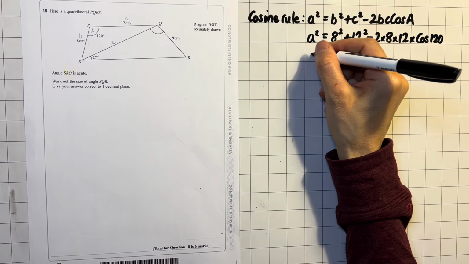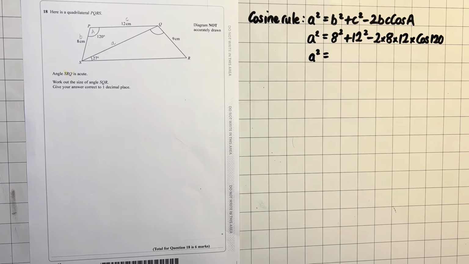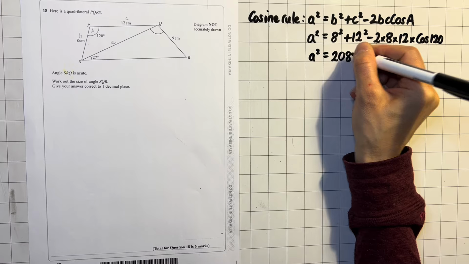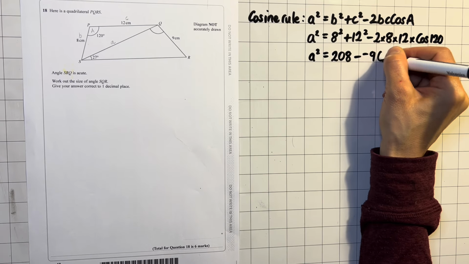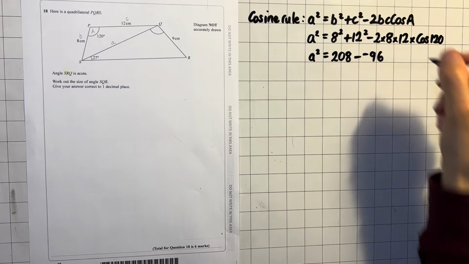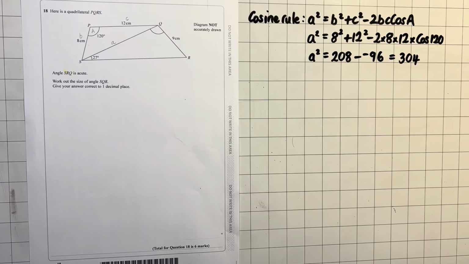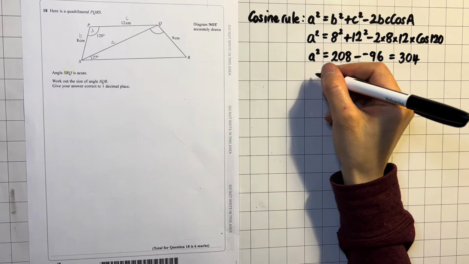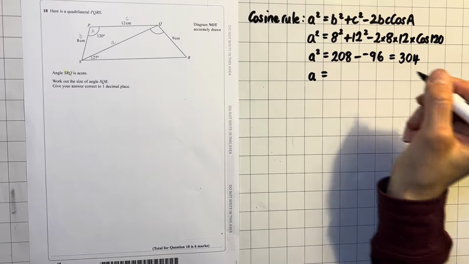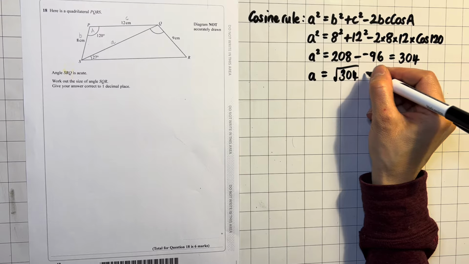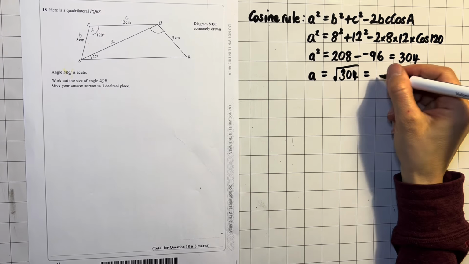This will give us a squared is equal to 208 take away negative 96, which is the same as 304. If we square root both sides, we will find that a is equal to square root 304, which is equal to